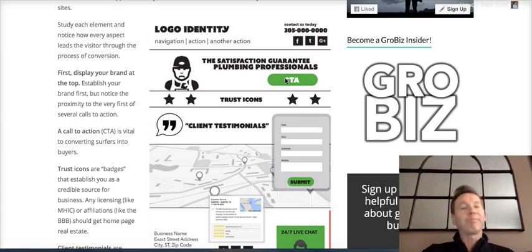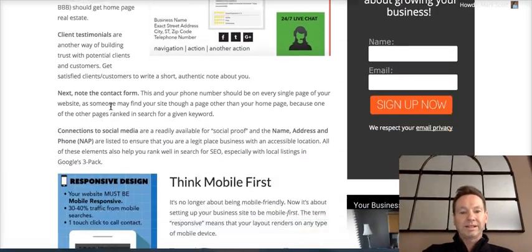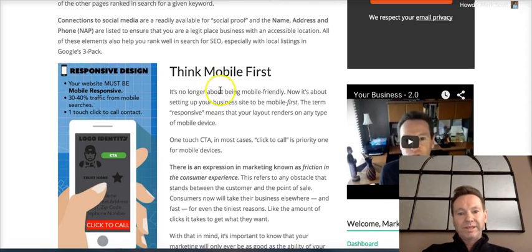But the main thing is you want to have that easy to get to front page, top of the page, top 1/3 of the page, call to action, which is click or tap to call, and that's so essential. Then this here